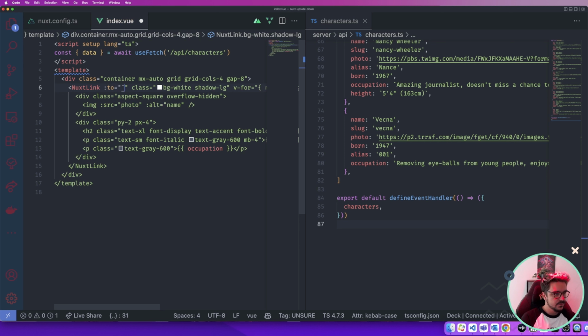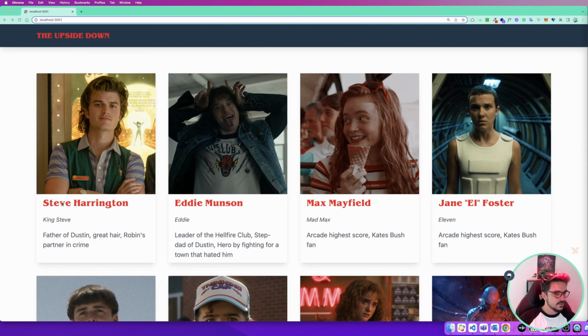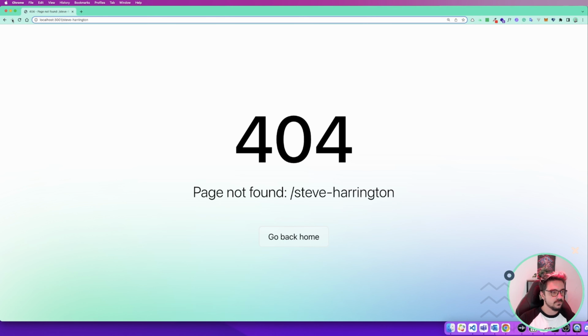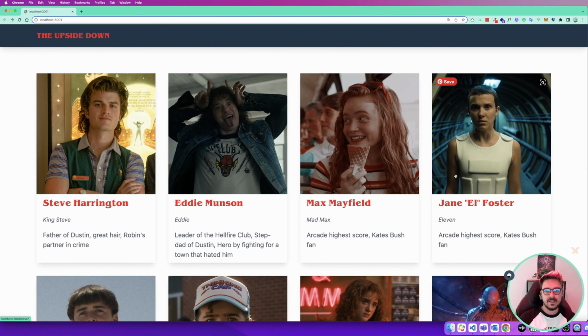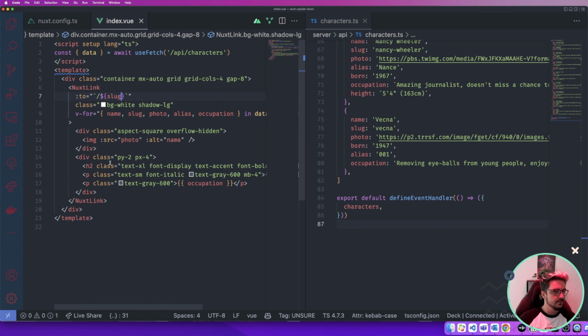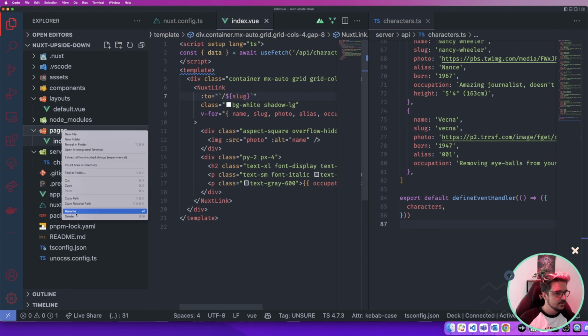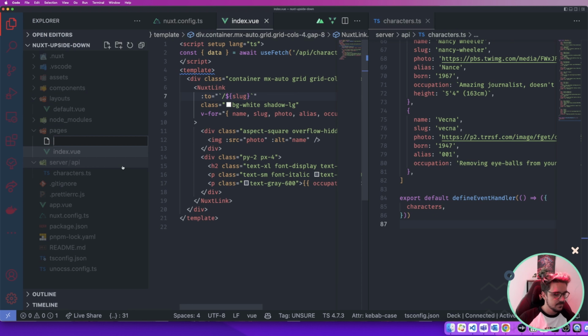We are going to use template strings, and we are gonna pass the slug. Okay, so far so good. Let's go here. Maybe refresh. Okay, so if we now click, we're gonna go to a 404 because we haven't defined any page layout or anything to it. So to do that, let's go here, and inside pages, let's create a new file, and we're gonna use a catch all route with the